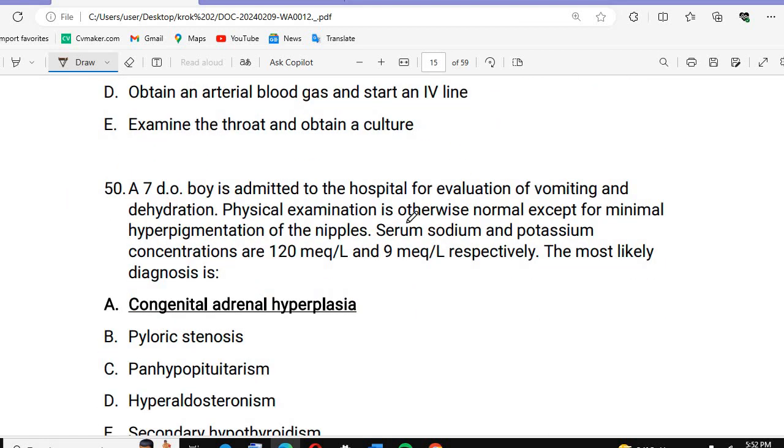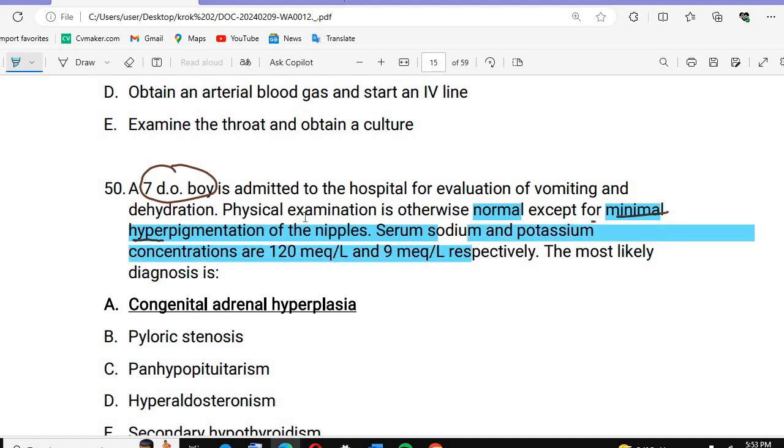A 7-day-old boy is admitted to the hospital for evaluation of vomiting. Here is a 7-day-old boy. Is it congenital? Yes, with vomiting and dehydration. Physical examination is otherwise normal except for minimal hyperpigmentation of the nipple. If it is given in the question, it can be a clue. Serum sodium and potassium concentrations are given. So the most likely diagnosis is